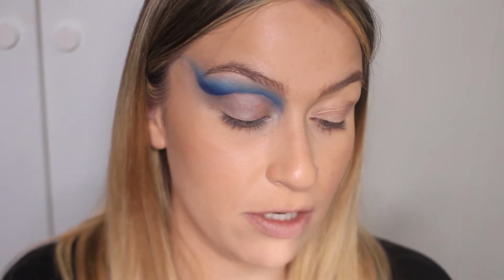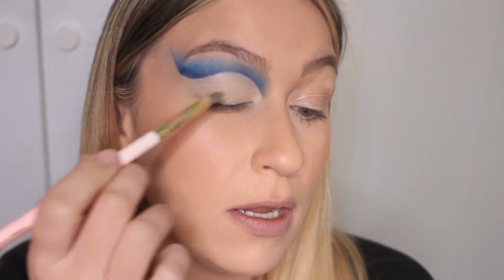Now again, taking my P. Louise base in the shade Rumor 02, I'm just going to use this on the lid where I just removed everything. I feel like that looks a million times better already. Like, trust the process, guys. Hashtag trust the process. I feel like I want to use the white shade now because it looks super white,